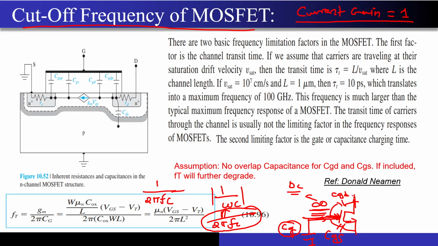Now this current gain frequency is nothing but, if I try to extract the current out of the MOSFET by short circuiting the output, then the output current upon input current. This ratio is what is defined as the current gain, and the frequency at which this gain drops to the value of 1 is defined as the cutoff frequency of the MOSFET. Now why are we so interested in the current of the MOSFET? Because at higher frequencies, that is at RF frequencies, you will always get a current flowing into the gate of the MOSFET.